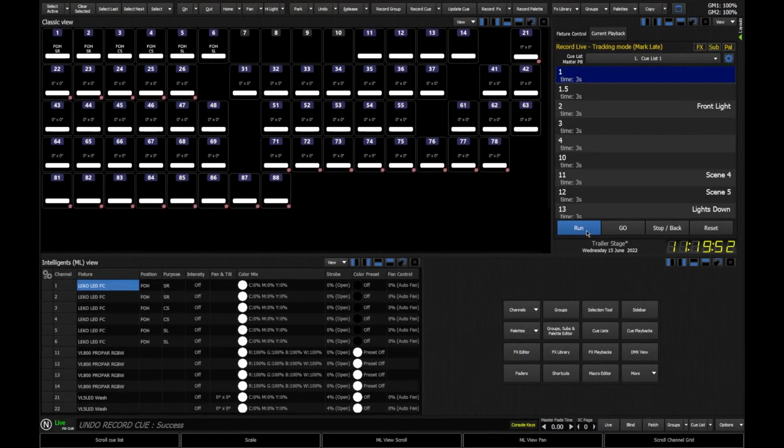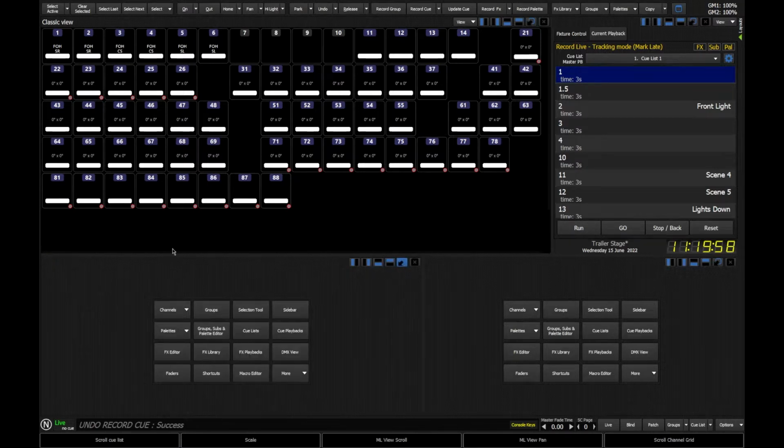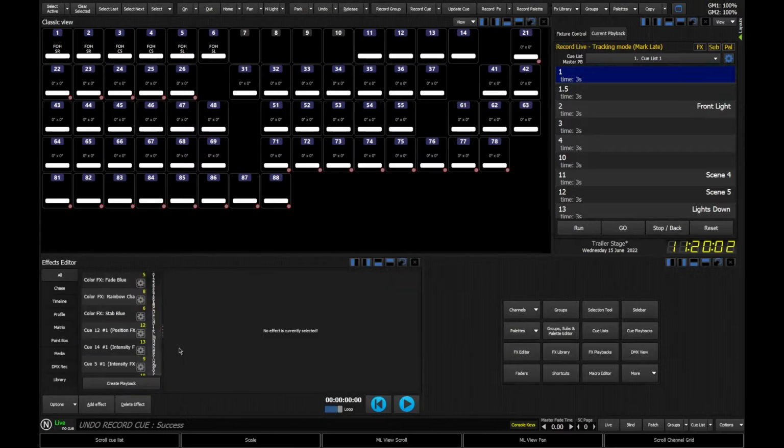Let's take a look at effects. So for the purposes of this, I'm going to close my parameter table here. I'm going to minimize that. And I'm actually going to open the effects editor. So the effects editor, this is where you can create a new effect from scratch or